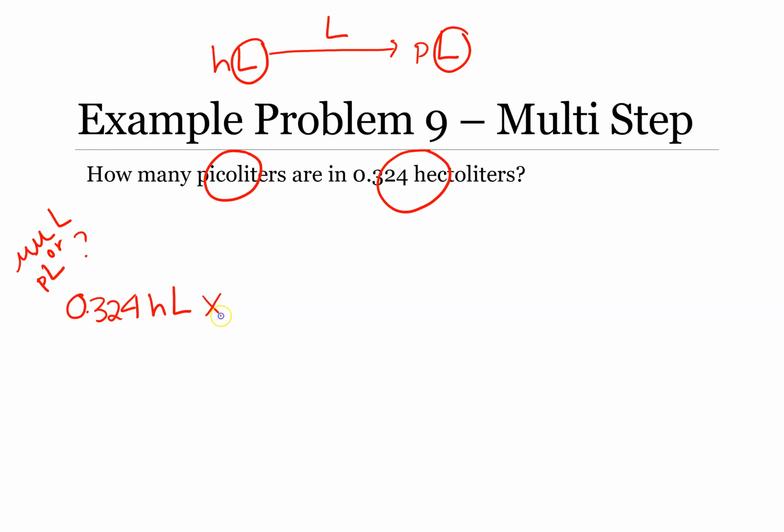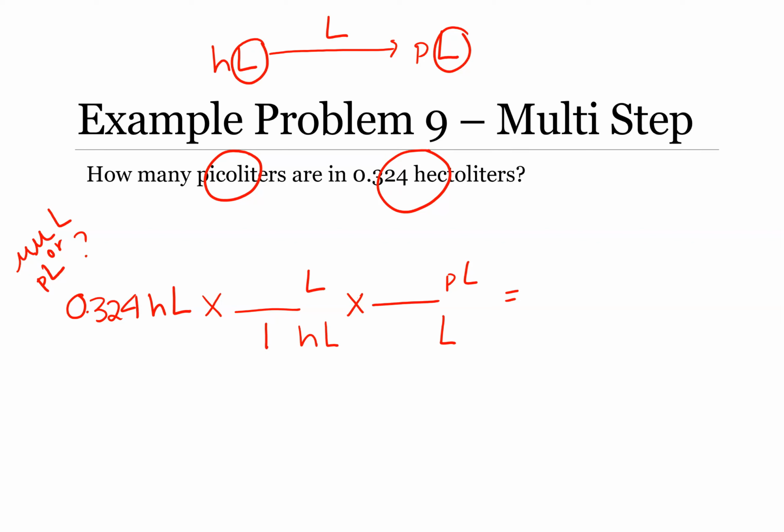So draw a multiplication symbol, draw a division sign, bring hectoliters down, and liters goes on top. Go ahead and draw your second multiplication sign, draw your second division bar, bring liters down, and then you're finally ready to convert to picoliters. And so give the 1 to the thing with the prefix, and the metric system constant to the base unit,